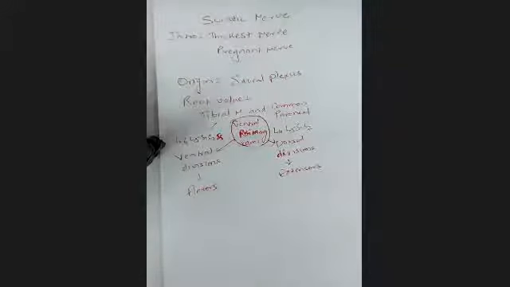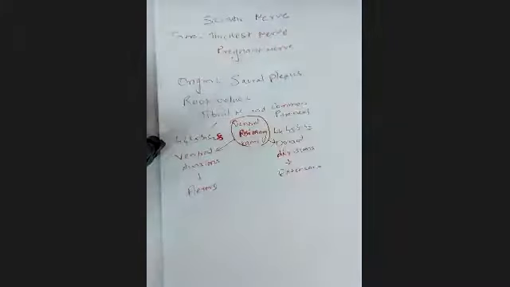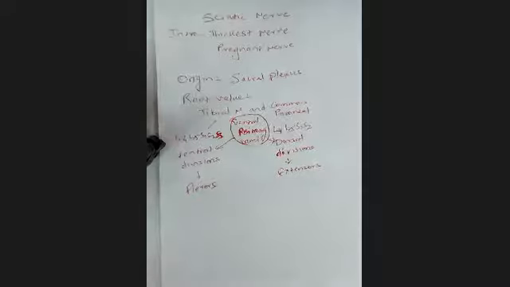So whenever you are describing the root value of the sciatic nerve in detail, you have to say that it has two components: tibial nerve coming from the ventral divisions of L4, L5, S1, S2, and S3, and common peroneal nerve coming from L4, L5, S1, S2, but dorsal division because it is supplying the extensor.